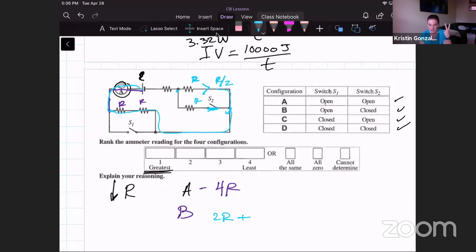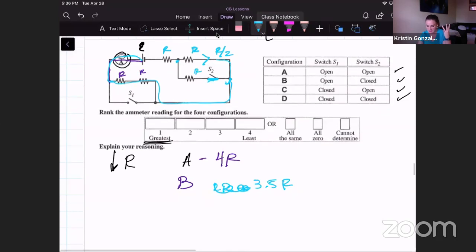But I get here and then I'm in series again with this one. So that series one will give me 3, and now I've got a half. So now really I've got 3.5 R. You guys following me? Okay, let's look at